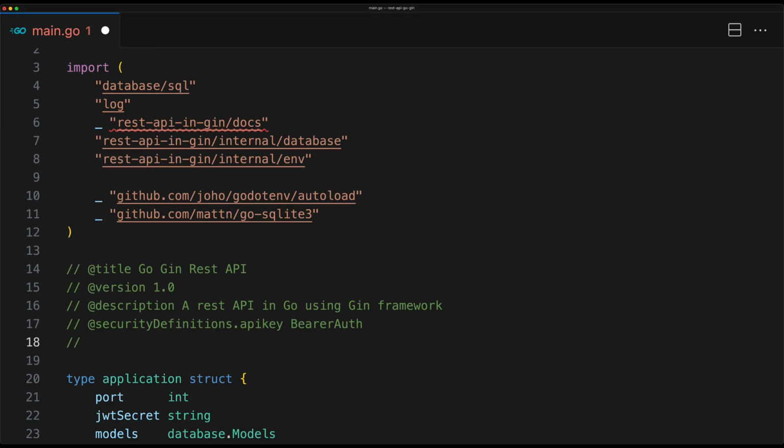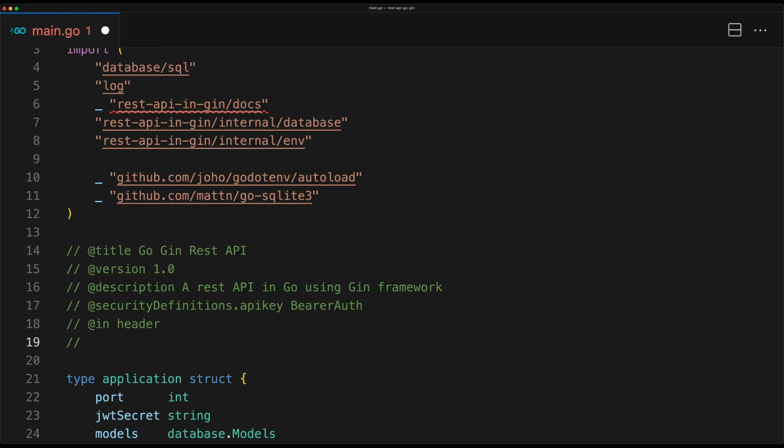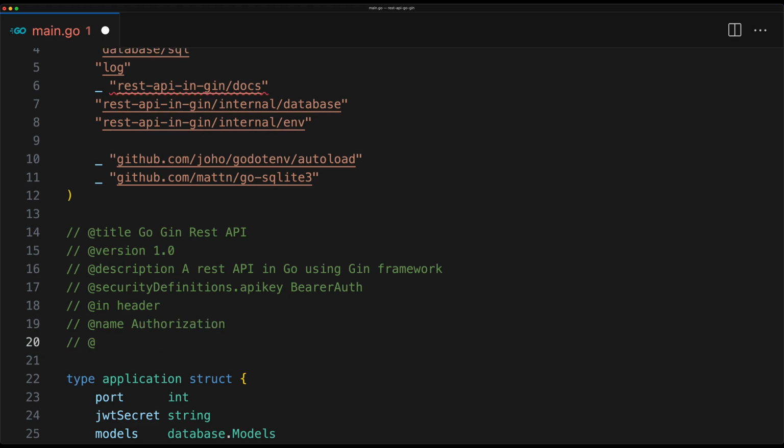And then we can say in header. And here we're saying that we expect the authentication token to be present in the header. And the header's name will be Authorization. And we can also give it a description. Enter your bearer token in the format. So basically when the users see the input in Swagger where they're going to enter the bearer token,